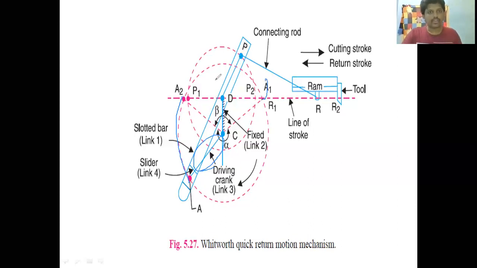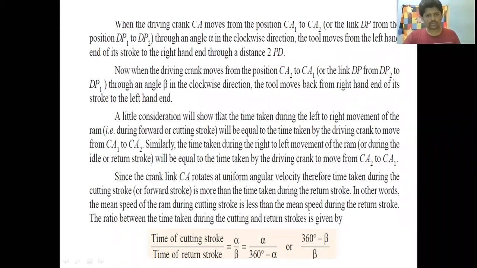But if you see, this P is also moving, right? This AP is also rotating. This is P1, when this P is rotating. Here it is P2. Two points, remember. I think you are okay with the diagram and the process there and the links also. In the same way, we have the cutting stroke and the return stroke here. Please go through those parts, because it is very easy, which I explained, the quick return mechanism. It is the same as the Whitworth mechanism.